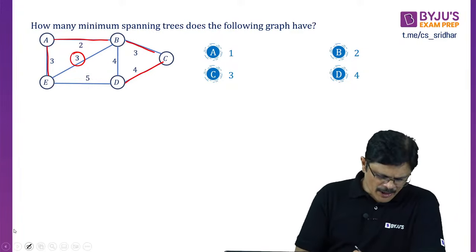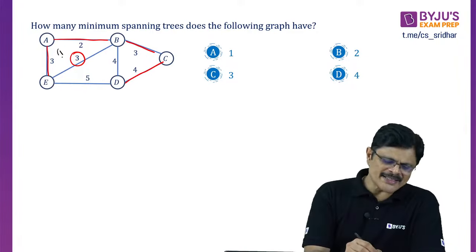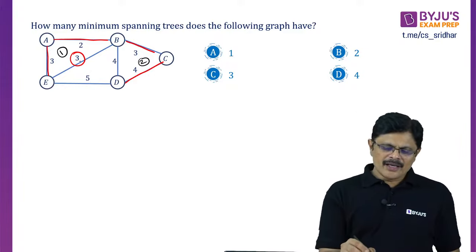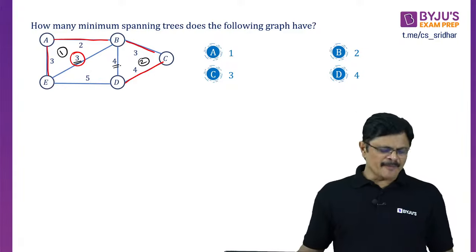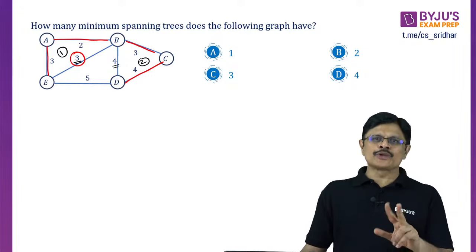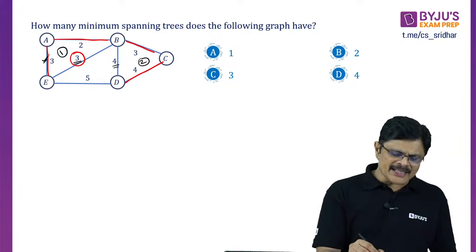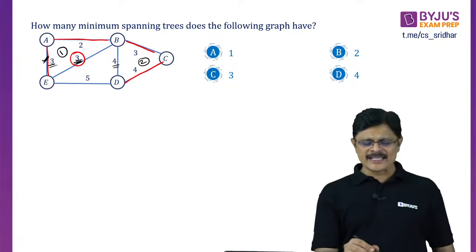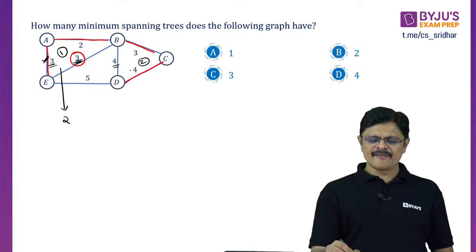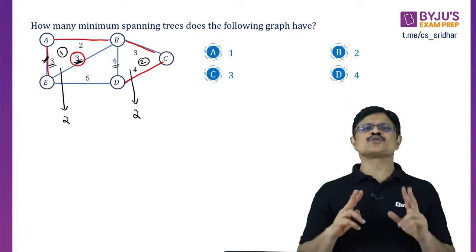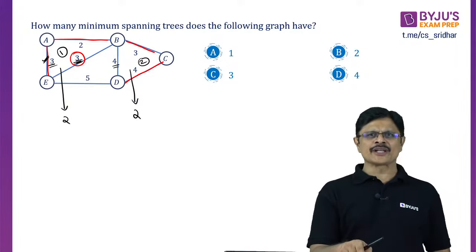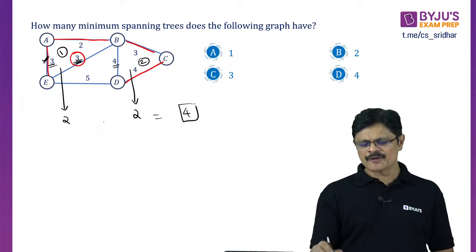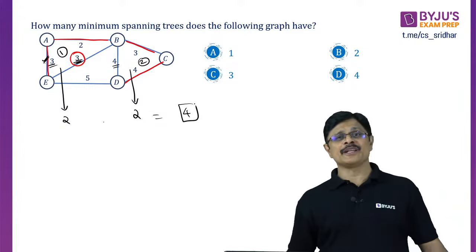Now if you observe, this is one cycle and this is the second cycle. In this cycle, 3 is not selected, 4 is not selected because there are 2 4s and here there are 2 3s. Actually we selected this. We can select either this fellow or this fellow. Any one you can select. That is, from this cycle we can select one edge. From this cycle we can select one edge. That is 2 possibilities. One edge means either this 4 or this 4, 2 possibilities. Either this 3 or this 3, 2 possibilities. Total 4 possibilities will be there, sir.